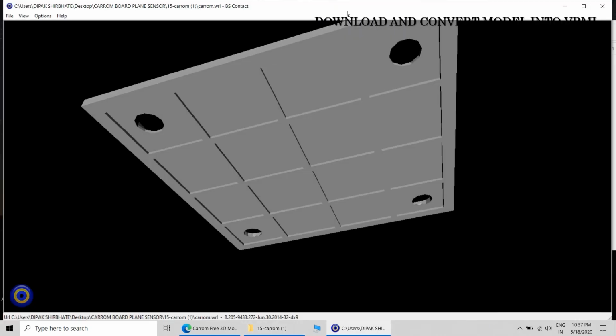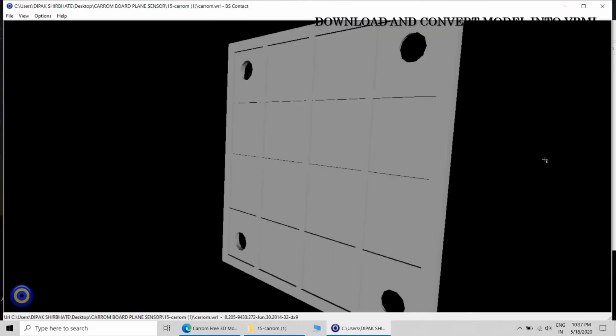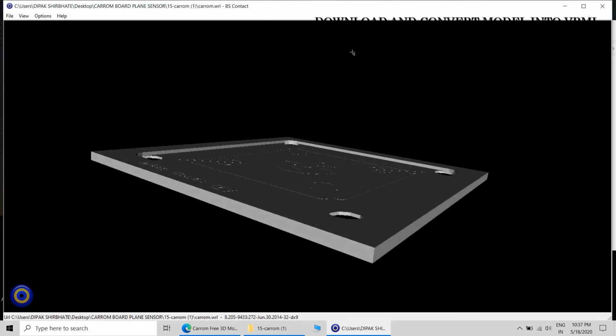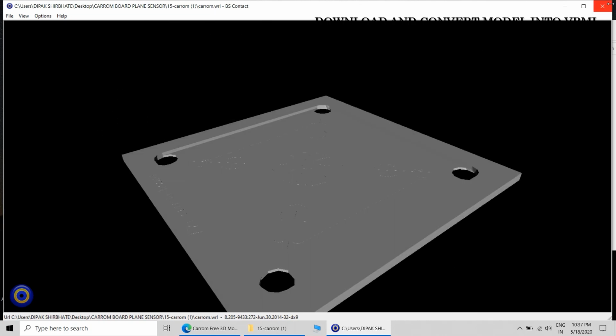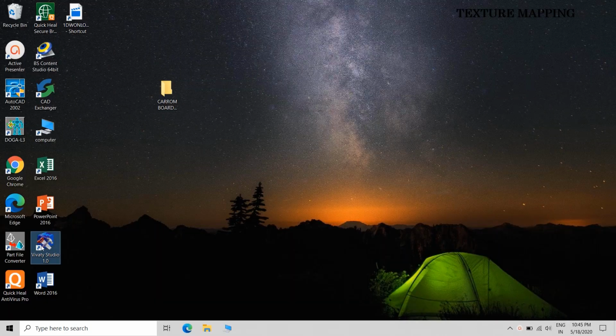So this is the VRML file. We have used an intermediate utility instead of directly importing the model. Direct import is supported, but most of the time Vivity Studio will go into a hang condition. That will unnecessarily waste our time and effort.